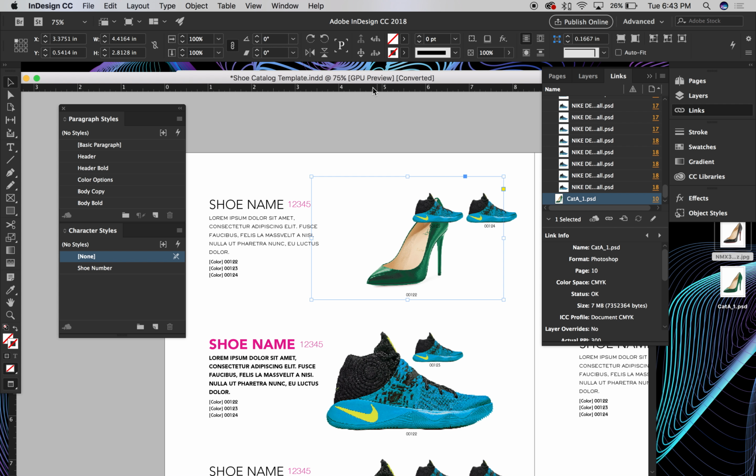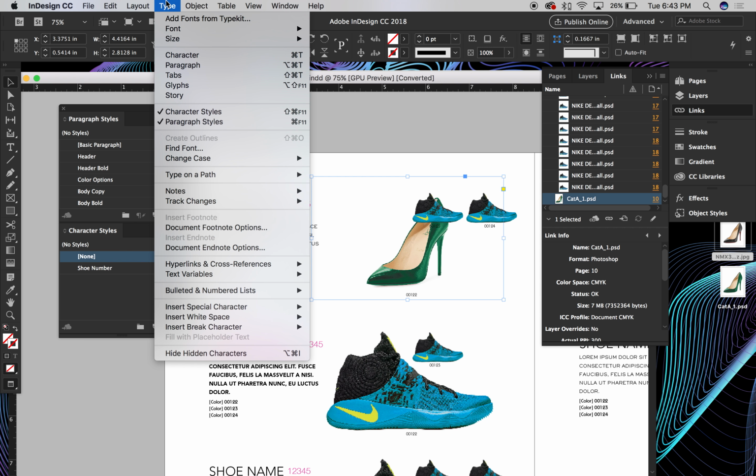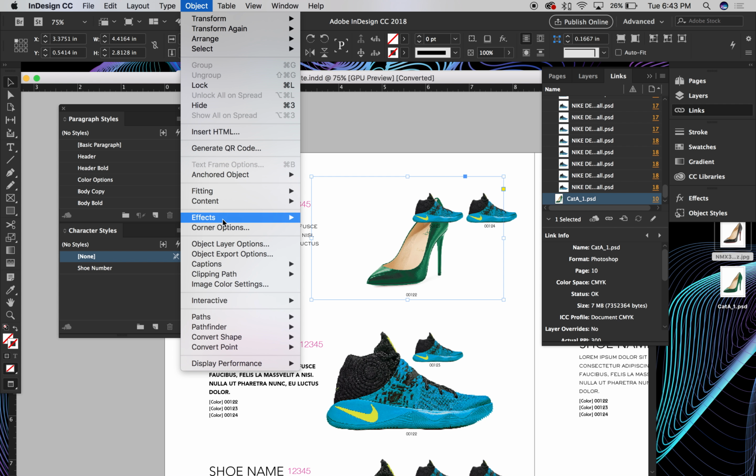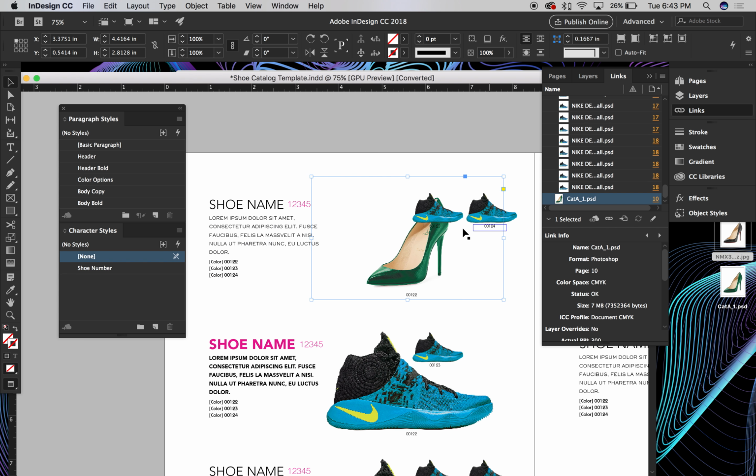And so what I first want to do is, if you recall, Command-Shift-Option-E, which actually fits the object. It's the same as going up to Object, then Fitting, and then using fit content to frame. No, I'm sorry, it's fit content proportionally. That's what it is. It's the same as doing that. But what I'm finding is when I'm doing that,